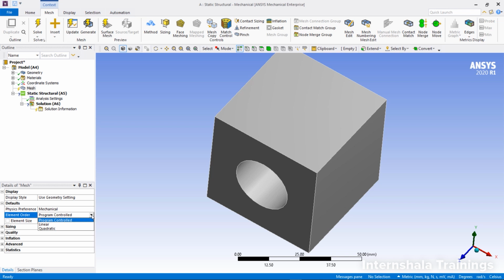And remember, by default, if we set the physics preference to mechanical and if we set the element order to program controlled, it will generate a mesh with tetrahedrons, and that to quadratic order. Element order is quadratic. Okay, but if you generate a hexahedral mesh, by default it will generate a quadratic model, which we don't require. So for our purpose, remember only one thing: if you are using tetrahedral elements, you have to use the quadratic element order. But let us say you are generating a hexahedral mesh, then obviously choose the linear one,